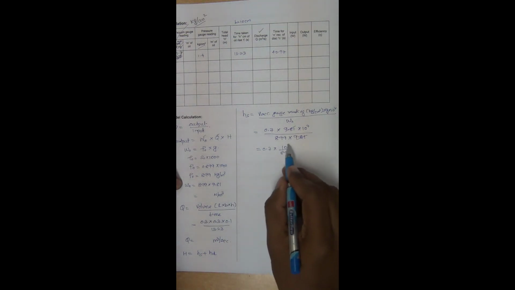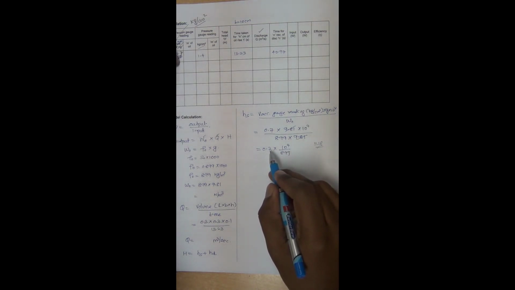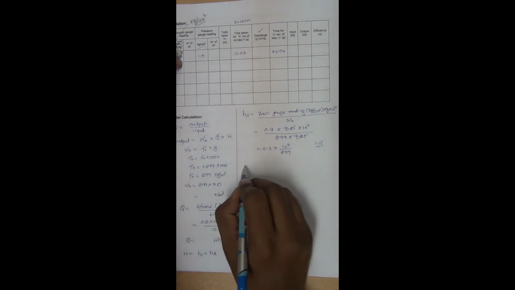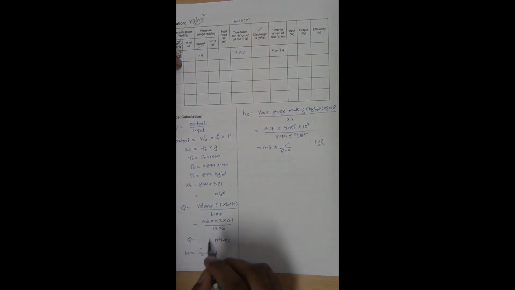We can multiply that value, 10 power 4 by 899. So this is going to be constant. We can calculate, this will come around some 11.18 like that. Whatever value we get in this column, this into 11.88 will give this column. So we have to know what this value is, and we multiply that value to get this column. Now we have got HS.